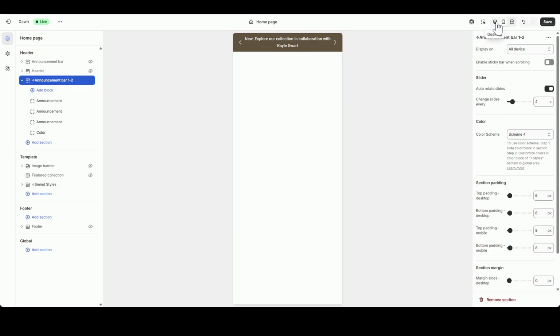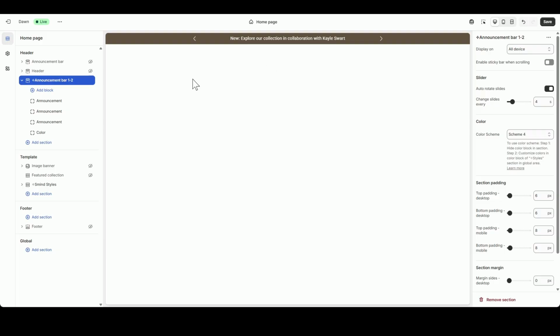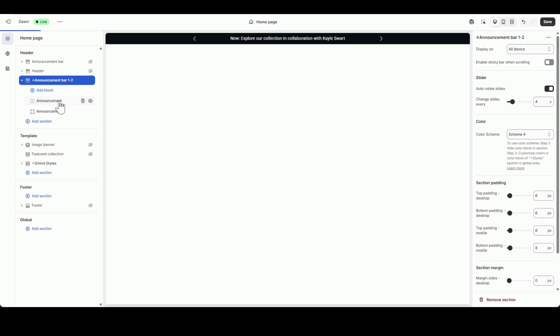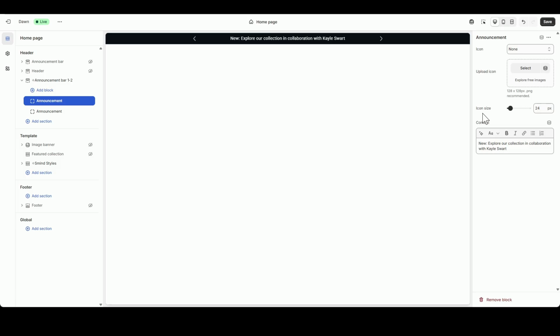An important step here is to remove the color block in this section to make sure your color scheme displays correctly. Then you will see the color scheme 4 has been activated on your screen. Now we need to access the individual messages, so look over to the left sidebar again. You will see individual blocks labeled Announcement, and you just click on one of these blocks to edit its specific